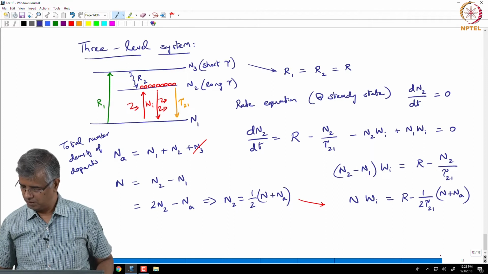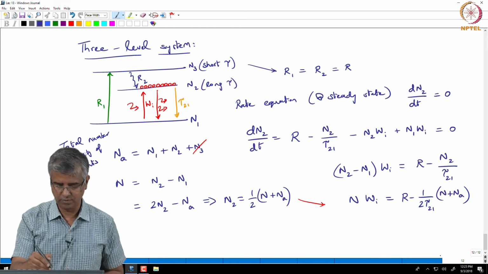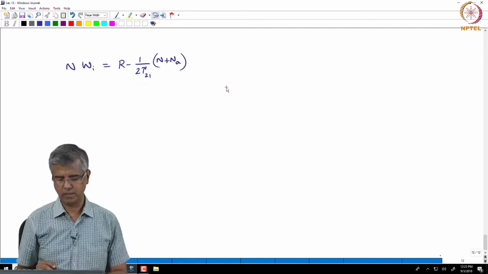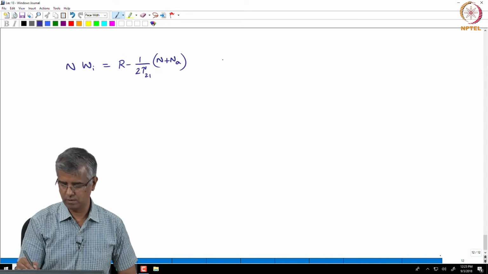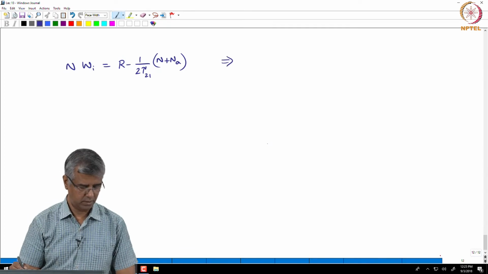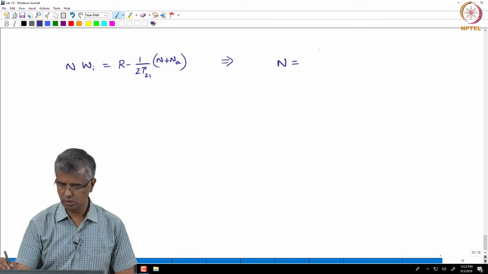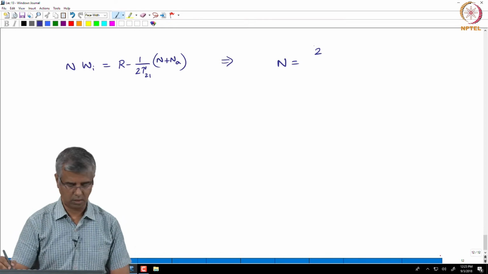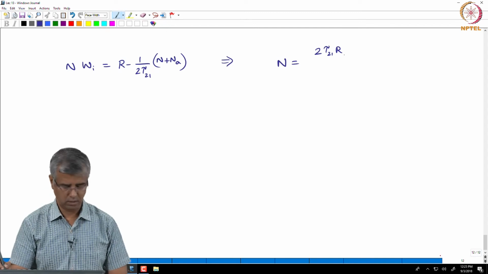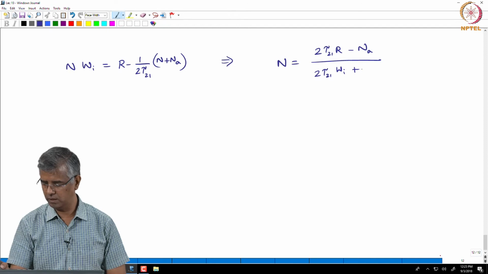Okay, so I can just rewrite this, or maybe I can just carry this over, right. So from this I can say this implies that n, I can just rearrange some terms and say this will correspond to 2 times tau 21 R minus Na divided by 2 times tau 21 Wi plus 1,